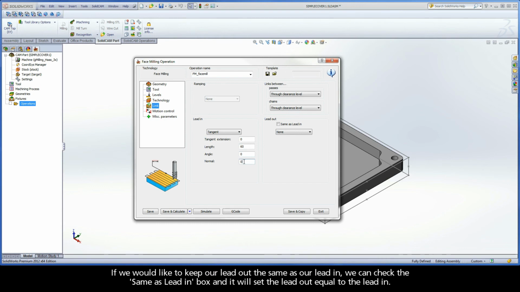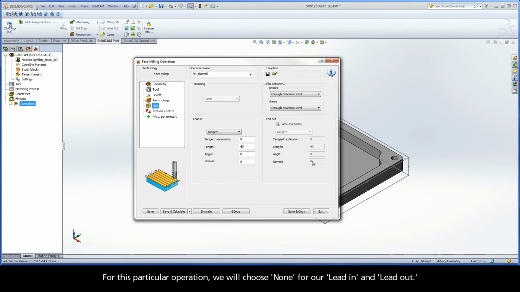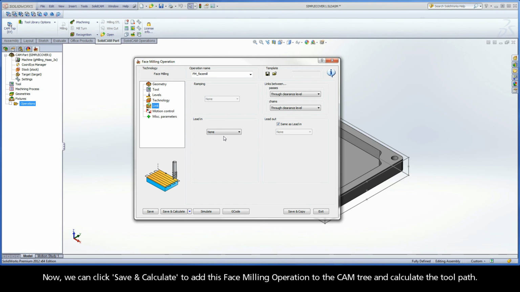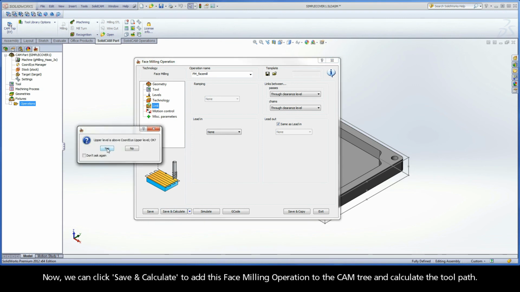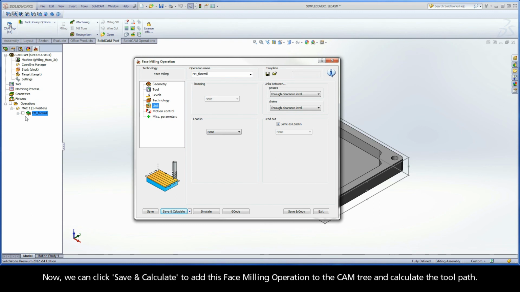If we would like to keep our lead out the same as our lead in, we can check the same as lead in box and it will set the lead out equal to the lead in. For this particular operation, we will choose none for our lead in and lead out. Now, we can click Save and Calculate to add this face milling operation to the cam tree and calculate the